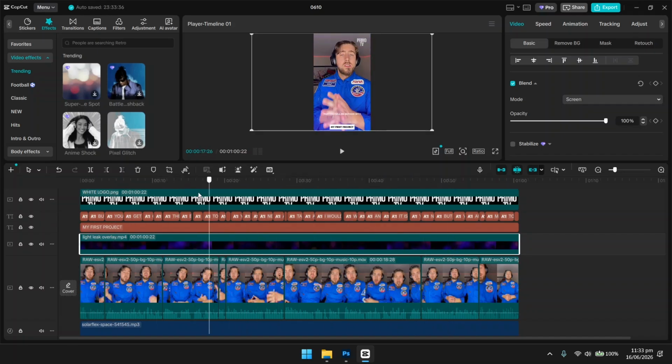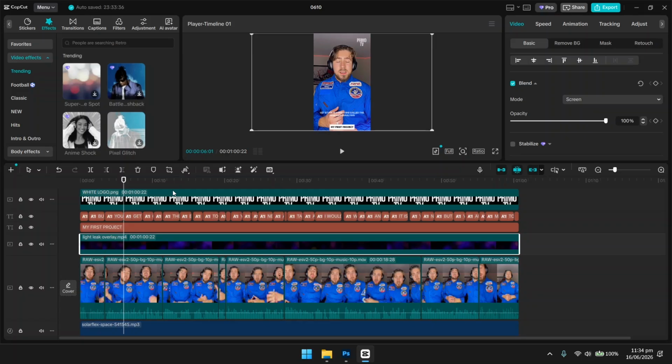Okay, so this is basically how to add overlays to your videos. If you want to download external overlays, you can either go to Pixabay or you can go to YouTube. On YouTube, you just search for overlays and you see multiple overlays there. Then you see which ones are not copyrighted, and you download it from there. You bring it to your CapCut project,